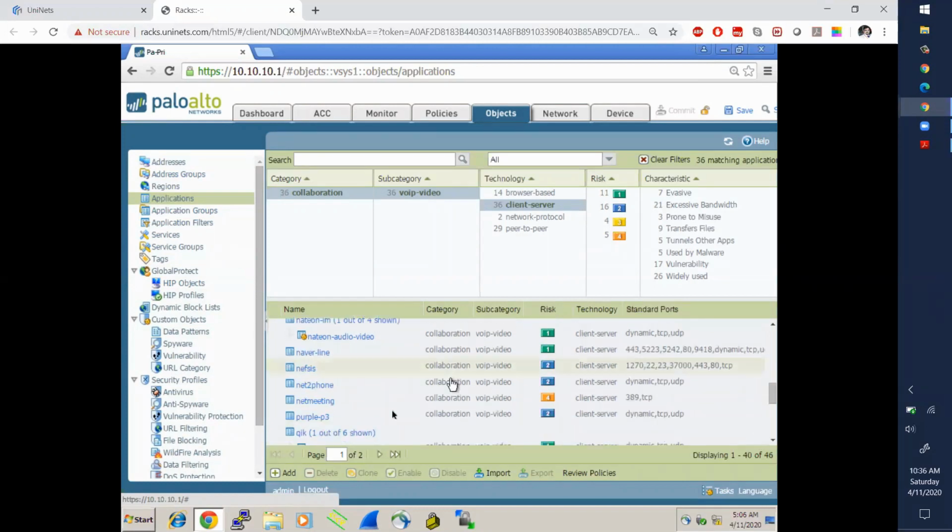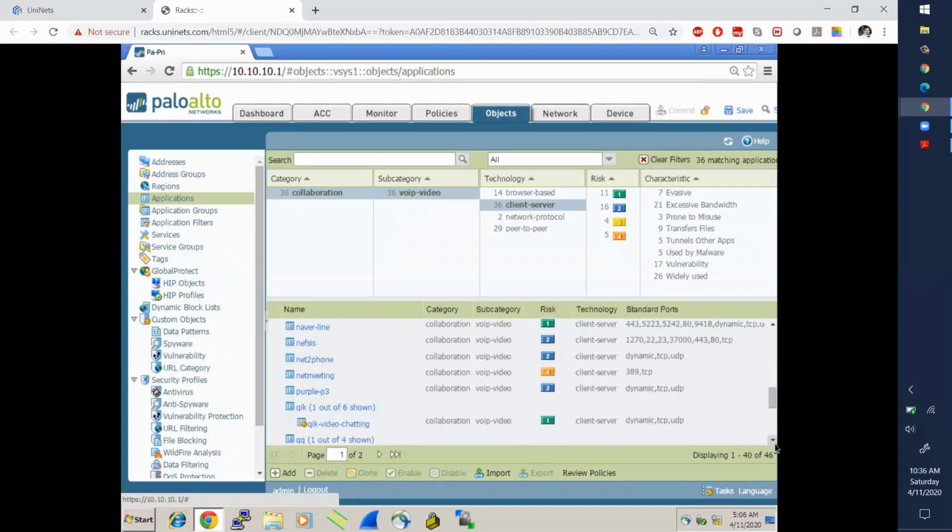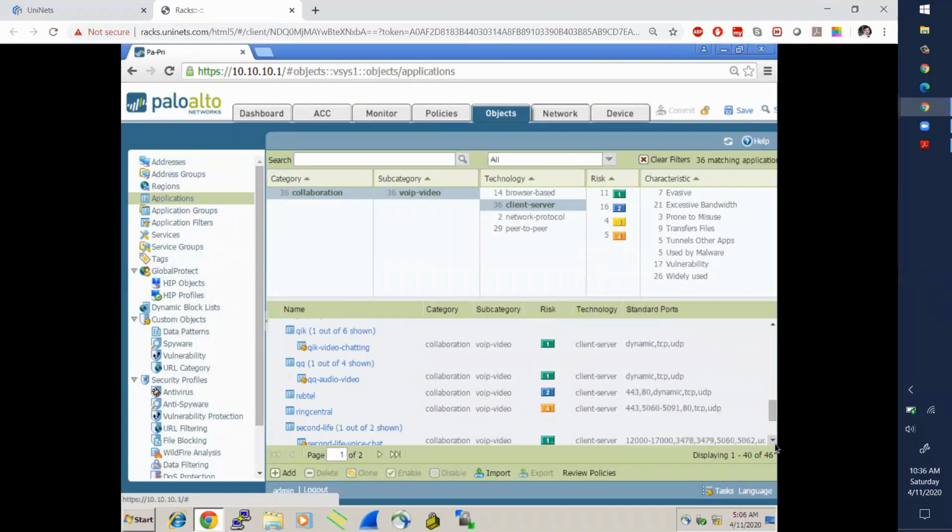Then you have Net2Phone, which is basically IP based communication. Then you have QQ. QQ is basically your Chinese protocol for voice over IP. Like you have Google, likewise you have QQ for China.